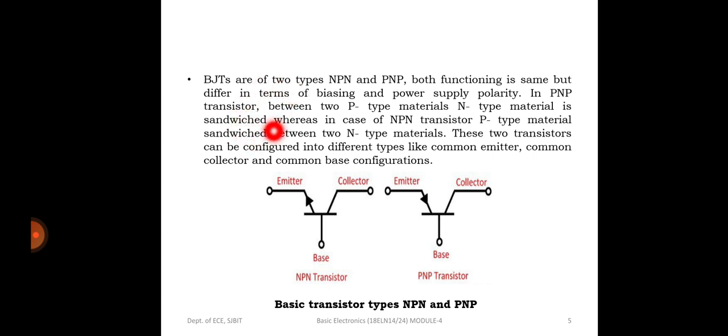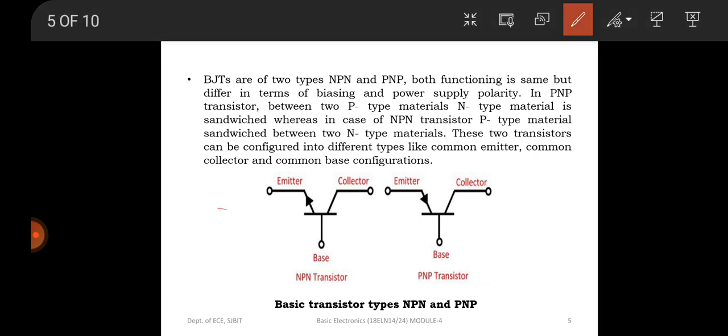In a PNP transistor, we have P, N and P. These are the three layers, and I have the terminals as emitter, base and collector, three terminals. So always between the two P layers,